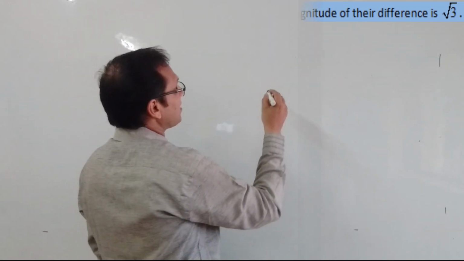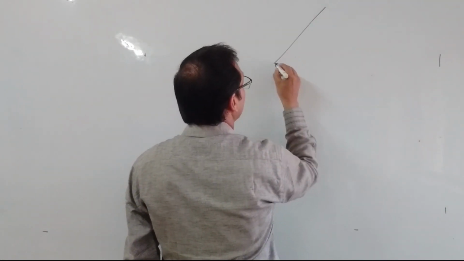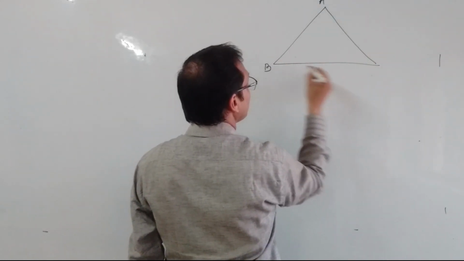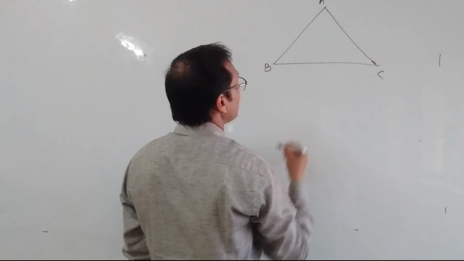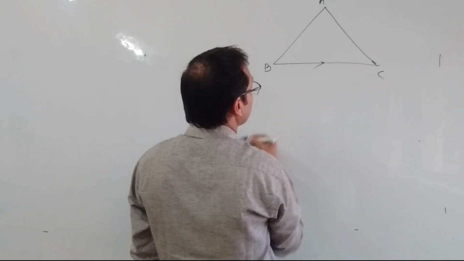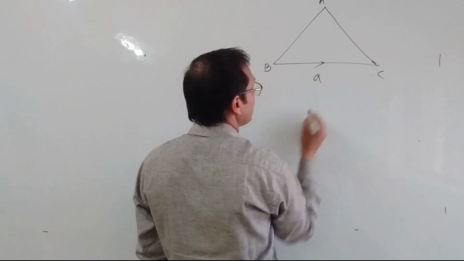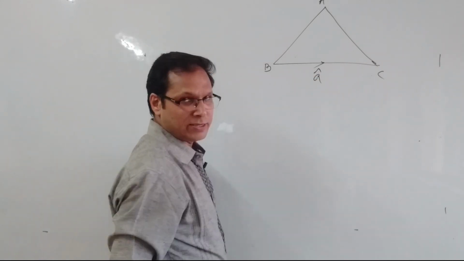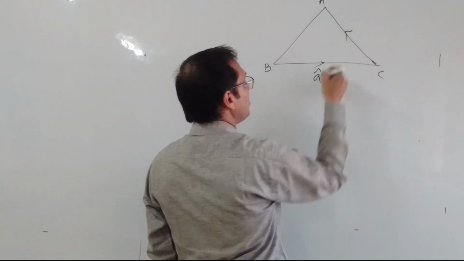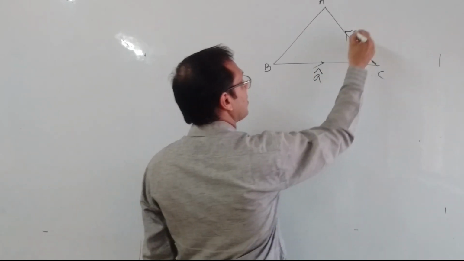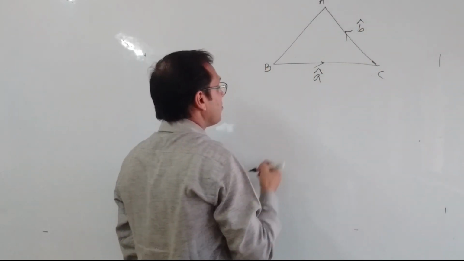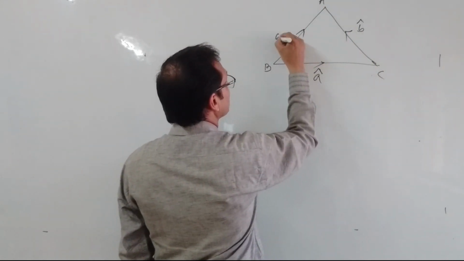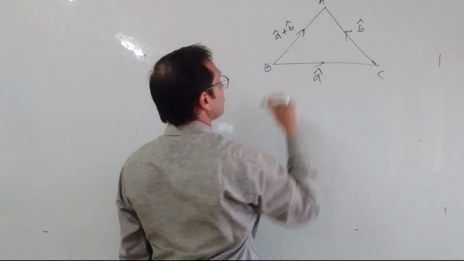So we'll take two sides of the triangle ABC. You see, this is the triangle ABC, and two sides of the triangle, BC, are represented by the vector A, that is A cap. Why A cap? Already given, this one is a unit vector. Unit vector is denoted by the A cap, and this one is the B cap. By the triangle addition rule, this plus this is equal to this. That means A cap plus B cap.